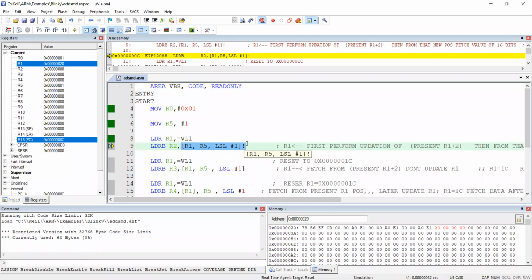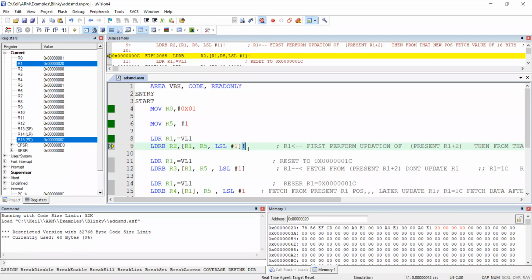0x00000022. Is it clear? This complete content whichever I have selected is 0x00000022. So here you go: 20, 21, 22. From here, how much should I take? One location, two locations, or four locations? I have to take only one location. It is a byte. So what do I have to take? EF. So where should I copy EF? R2.